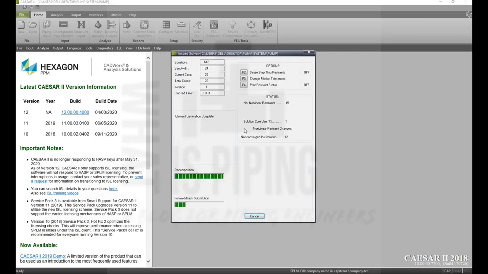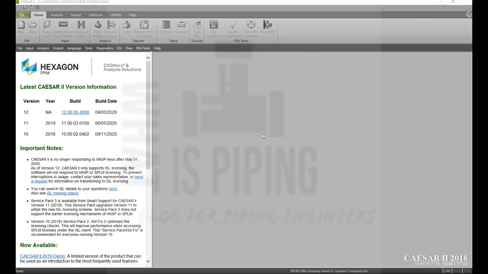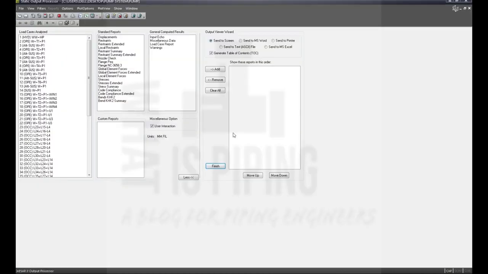It will be performing its analysis and it will be showing results. But there is no red part, that means there is no failure.